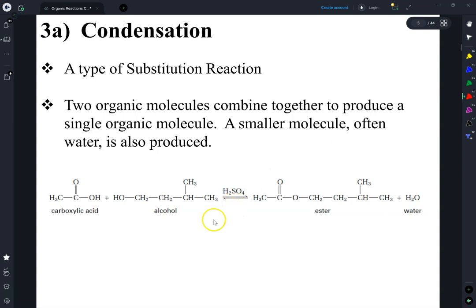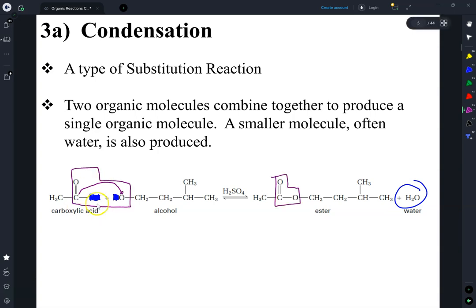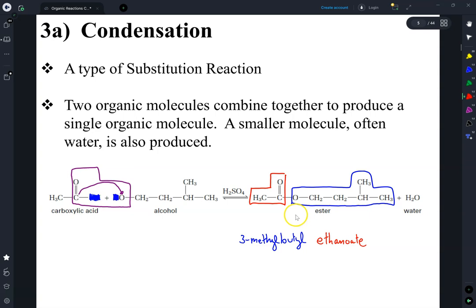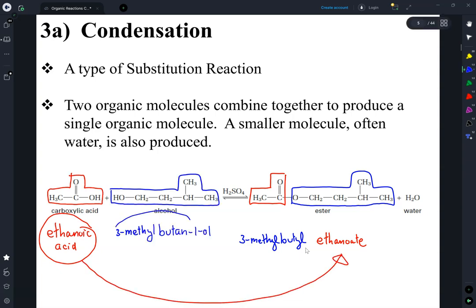As I will keep mentioning throughout this video, anytime I see an H and an OH that are side by side, I automatically think of water, so the H and the OH pop out to produce the water. And with these two parts gone, the carbon can latch onto the oxygen, forming an ester bond. And this is one of the reasons why esters have a different naming system than other functional groups. So for instance, this ester is called 3-methylbutyl ethanoate. You'll notice there's a space inside of its name when no other functional group has that feature. This is to help the reader visualize how the ester was formed from the carboxylic acid half and the alcohol